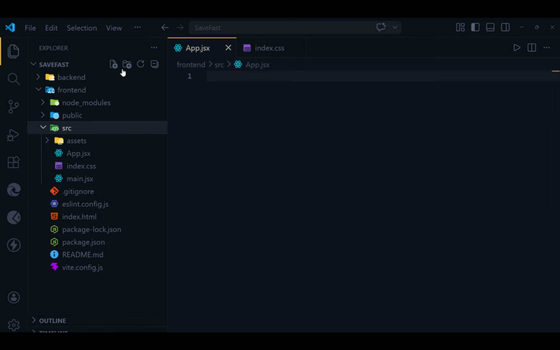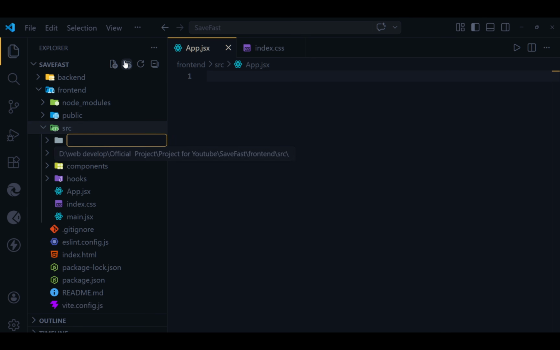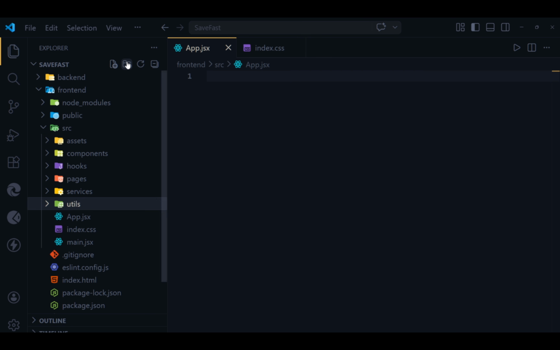Then, inside the src folder, we will create 5 folders. The first named components, the second hooks, the third pages, the fourth services, and the last utils. After this, inside the components folder, we will create 3 files: